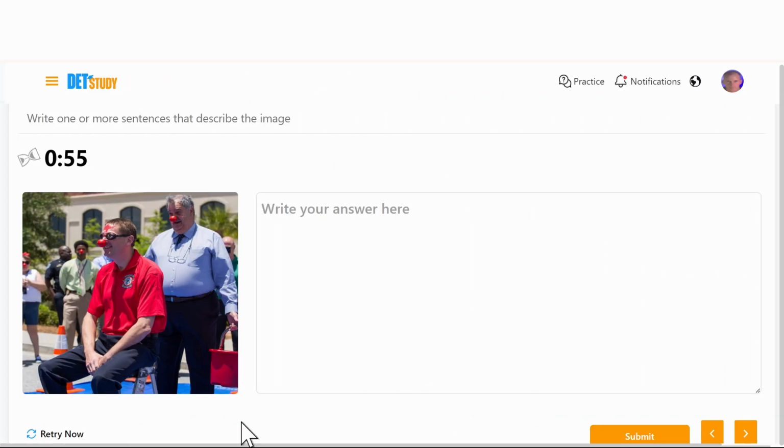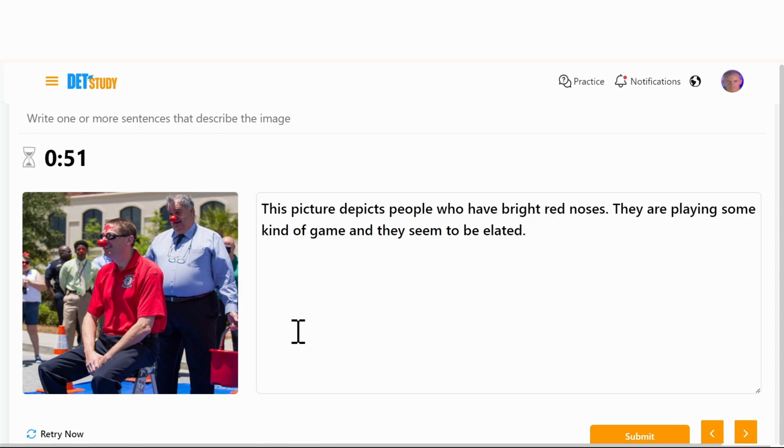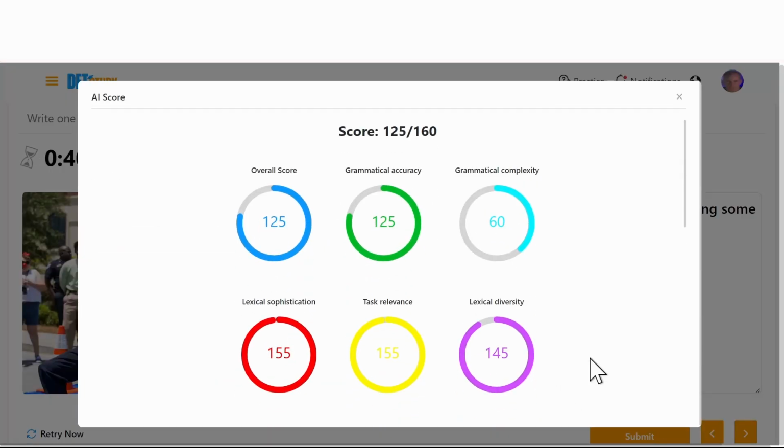Here we see some people sitting out in the sun with red noses, so we type in something that looks like this. This picture depicts people who have bright red noses. They are playing some kind of game and they seem to be elated. We hit the submit button, and this is where it helps you the most. It gives you an idea of how you do in these categories. 125 overall score, grammatical accuracy of 125, complexity of 60, we'll change that in just a bit, lexical sophistication, task